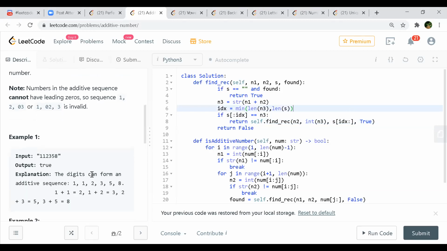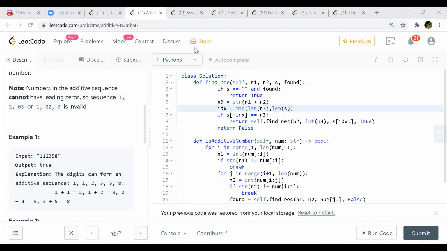Vivek was suggesting, like if we have 1 and 0 as n1 and n2, and obviously if it is valid, then we'll have 1 again, right? 1, 0, 1. Can we do a dry run? 1 plus 0 will be invalid in your case, correct? Because n1 is 1 and n2 is 0, and if your input string was 101, will that be valid or invalid? I think it will be an invalid case, correct?